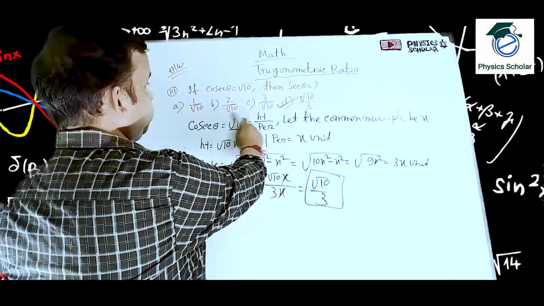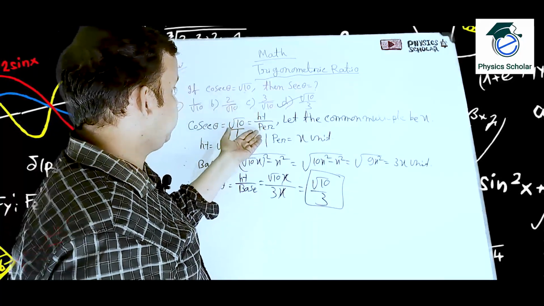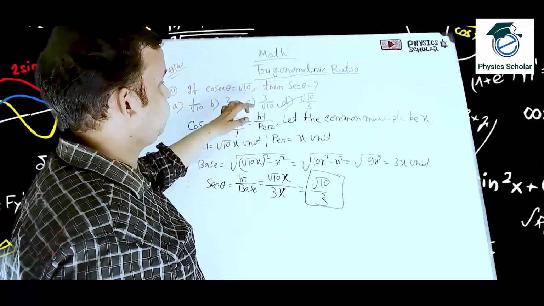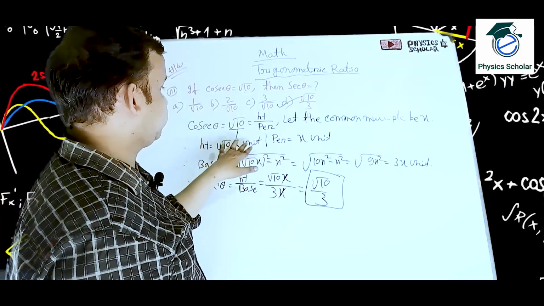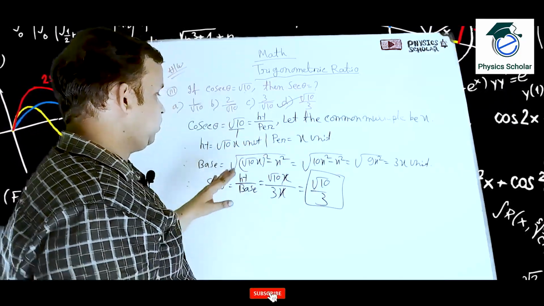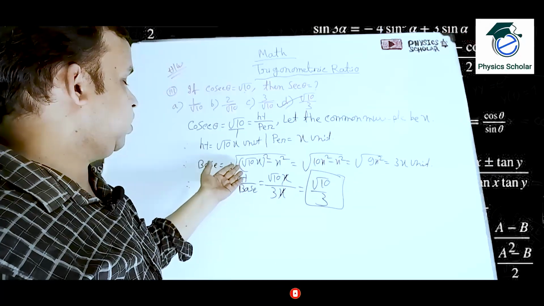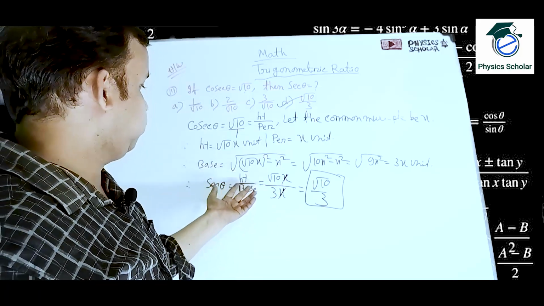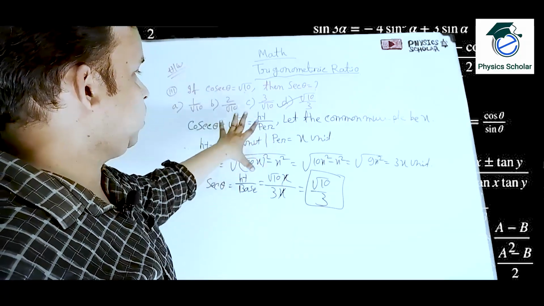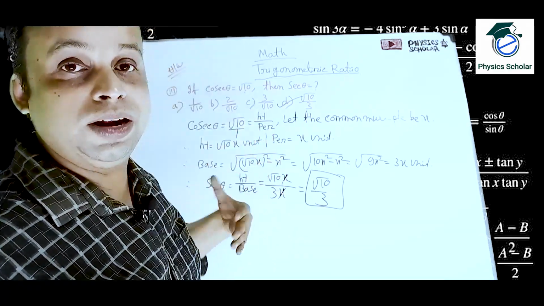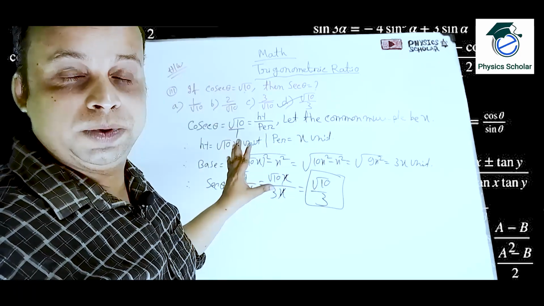Okay. So 4 options are given. So this will be the answer. So cosec theta is given. Cosec means hypotenuse by perpendicular, reciprocal of sine. Sine will be perpendicular by hypotenuse. So let the common multiple be x. So hypotenuse is equal to what? Root 10 into x unit and perpendicular is equal to x unit. So base is equal to root of hypotenuse square minus perpendicular square. So it is coming 3x unit. So sec theta is equal to what? Reciprocal of cos. So that means hypotenuse by base. So it is coming root 10 by 3. So very easy, short type of sum for your exams. Clear? It may come. Okay.